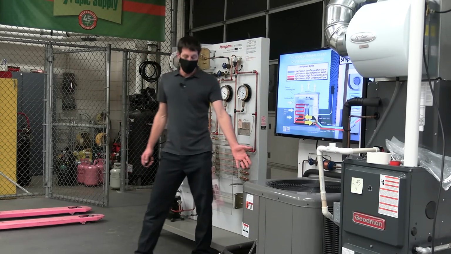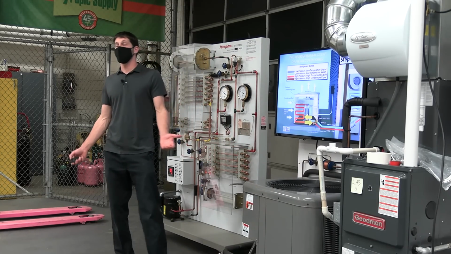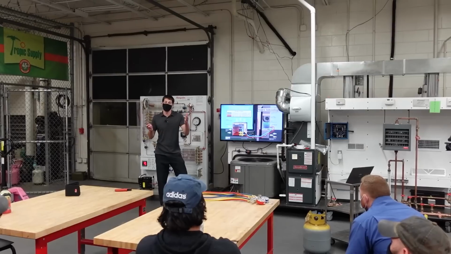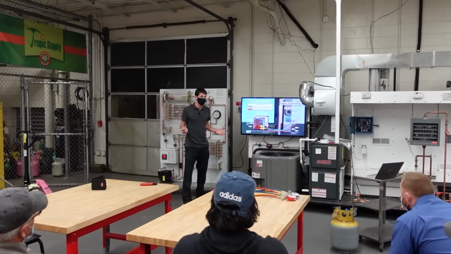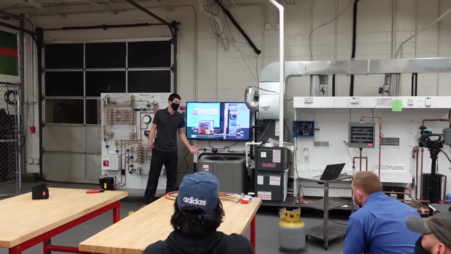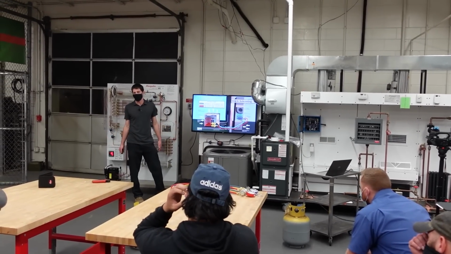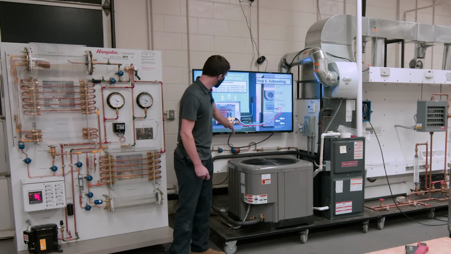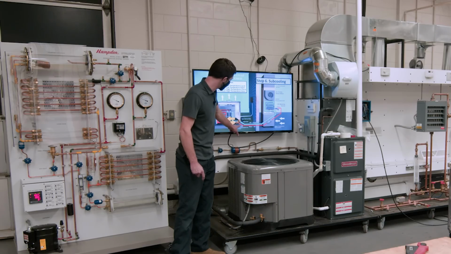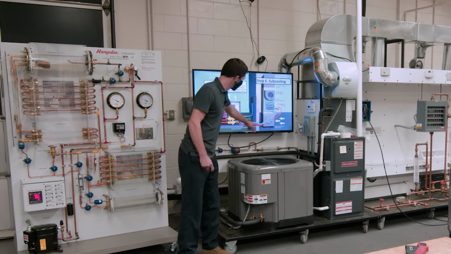That's usually the norm, and I have seen anywhere from, say, 8 to 14. I've seen as high as 19 degrees as a target subcooling posted on the rating plates of some systems. That's the highest that I've seen. All right, so anyway, you have your subcooled liquid refrigerant coming through the liquid line service valve, and then it